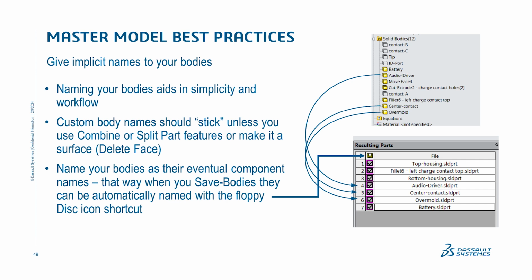You can do that by editing the stock feature in the derived part. You can also do it by editing the save bodies feature in the master part. And there's a way to do this, and I have more information about this in the previous master model